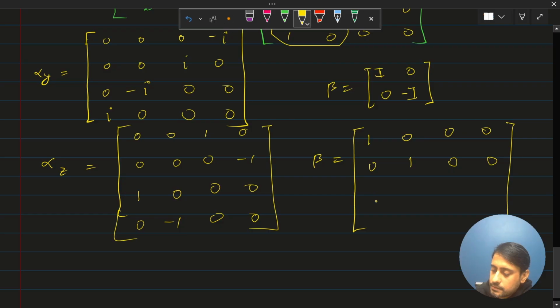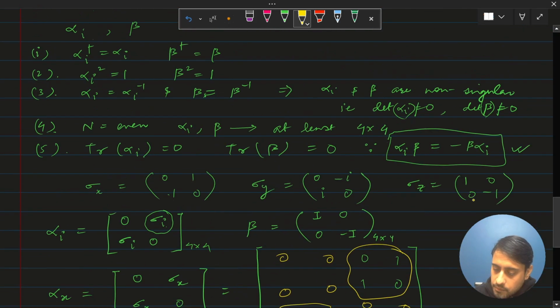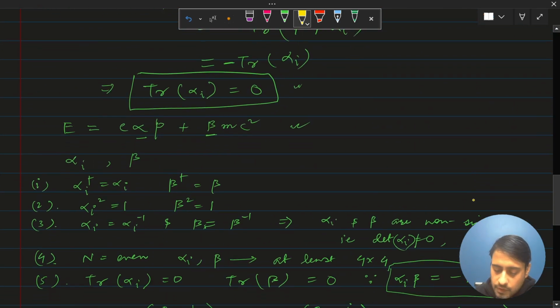Okay, and here also 0 0 0 0, and then minus 1 0 0 minus 1. So we have replaced the identity matrix in 2 cross 2 here, okay, with a minus sign. So these are the alpha and beta matrices which are derived when we wrote the Dirac energy expression